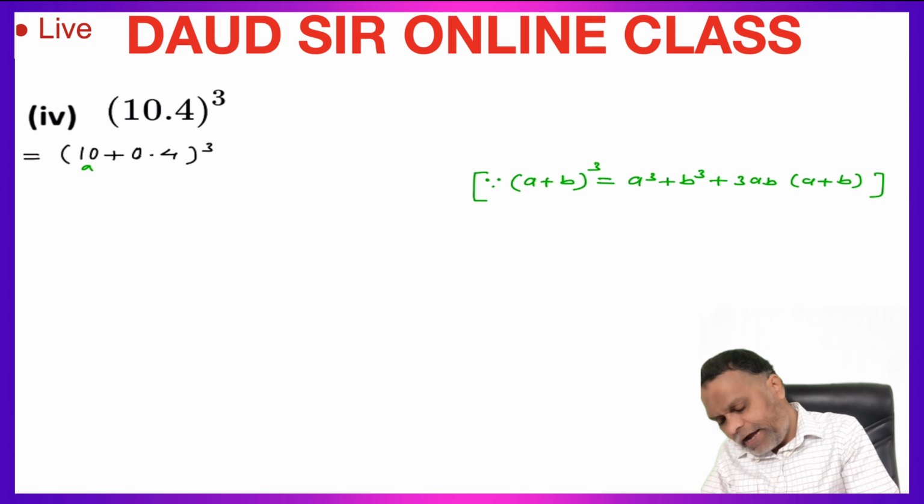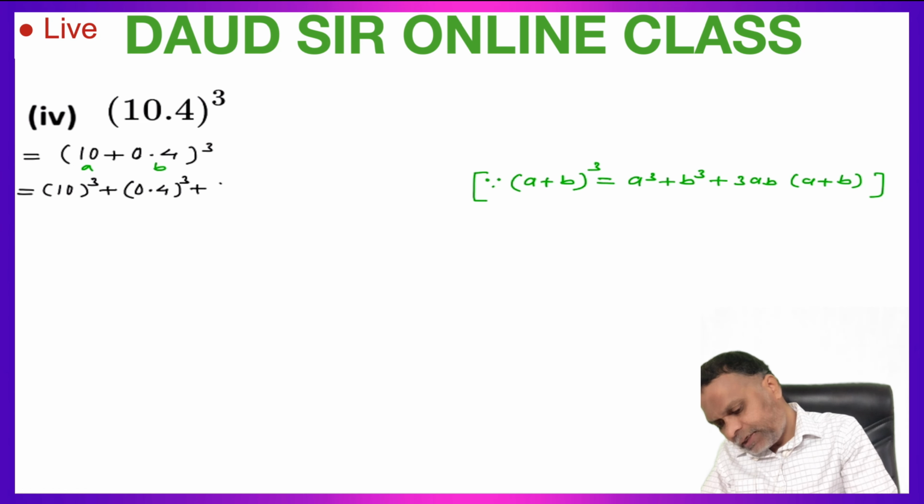Here a is equal to 10, b is equal to 0.4. So a cube means 10 cube plus b cube means 0.4 cube plus 3 a 10 and b 0.4 into